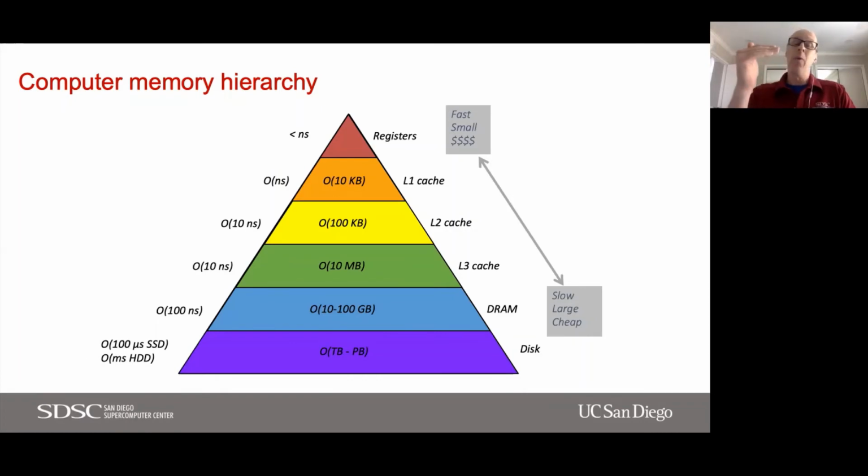We will normally have 3 levels of cache. There's an L1 cache, which is on the order of tens of kilobytes. Data there can be accessed in a few clock cycles, so on the order of nanoseconds. We have an L2 cache, which is larger and a little bit further away from the registers, and then an even larger L3 cache. When we have data in a register, it's immediately available for use by the CPU.